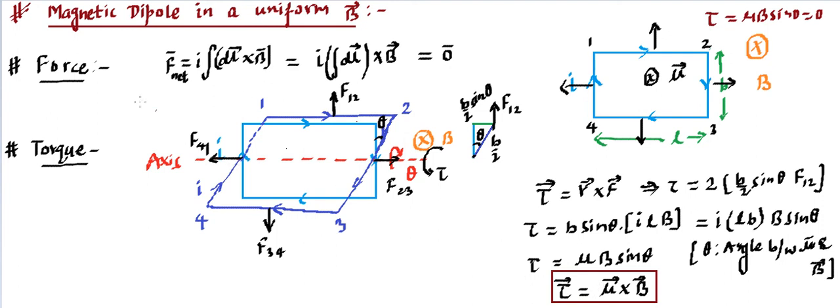Fine, so we have talked about the force, that's going to be zero in a nutshell, and it will be deforming in nature. We have talked about the torque, which is going to be mu cross B. Now we can talk about the potential energy, the energy that will be stored, because as soon as you release this disturbed loop, it automatically restores. That means the loop is trying to come to the original configuration, so it has some inherent energy, and that energy we call the potential energy or energy of the system. Since this is a restoring torque, it gives us the energy associated with the loop due to the presence of the magnetic field.